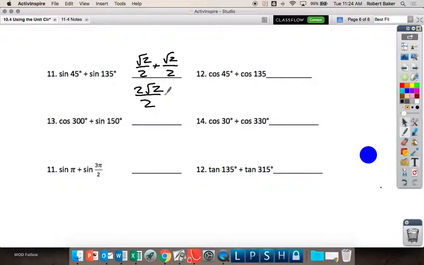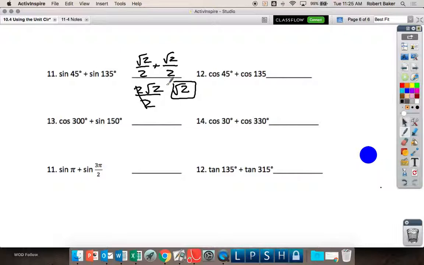What is 1 apple plus 1 apple? 2 apples. So what's 1 square root of 2 plus 1 square root of 2? 2 square roots of 2. They're like labels. Now you have 2 square roots of 2. Can the 2's divide? So your answer is just